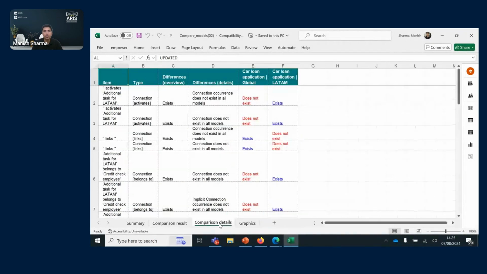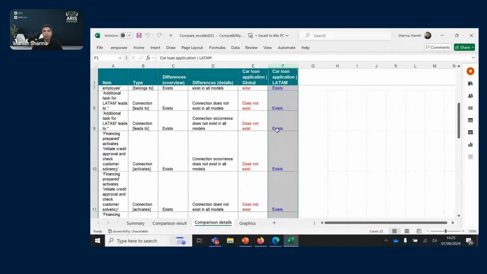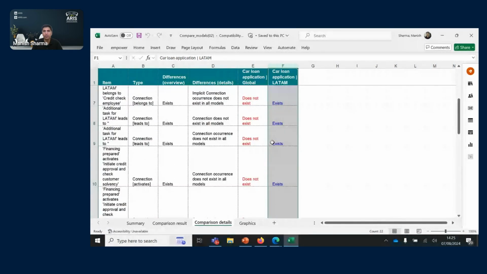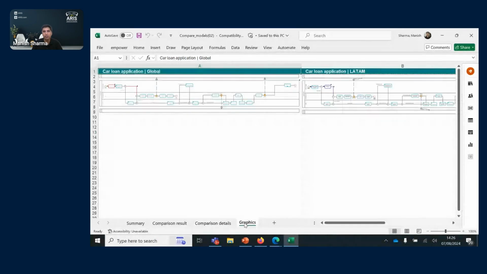It also gives you comparison details at an object level. It says, okay, which are the objects and does it exist in this global process versus the Latin America process. And if this is too difficult to understand because it's a lot of information, I think the easiest option is to look at the graphics. In the graphics, you can, if I make it a bit bigger,